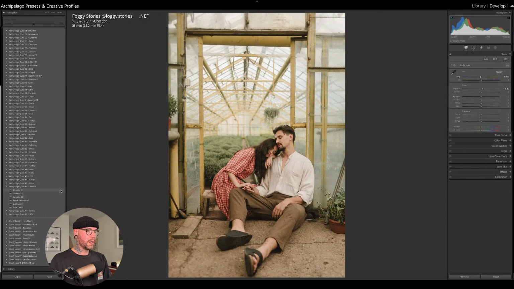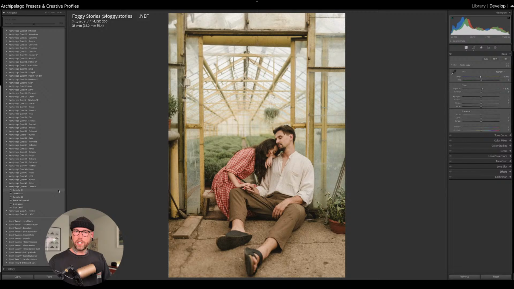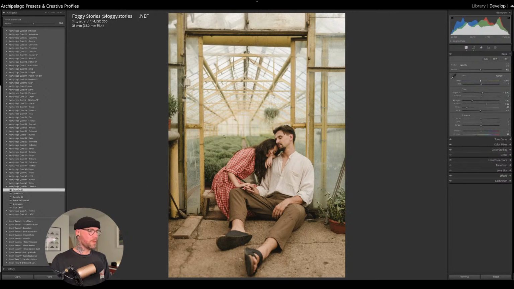So Camellia 1, really beautiful transformation. You can see obviously here, this is benefiting from the lens correction. We're getting that vignette removed. We're getting kind of the distortion taken out as well. This is Camellia 2. And Camellia 3, I would probably go for Camellia 3 again on this one, but that's because it's my favorite. But I'm going to go for Camellia 1, just so we can kind of see a different